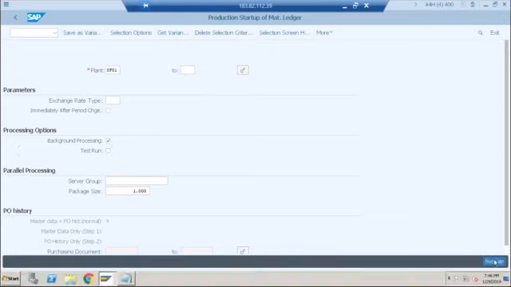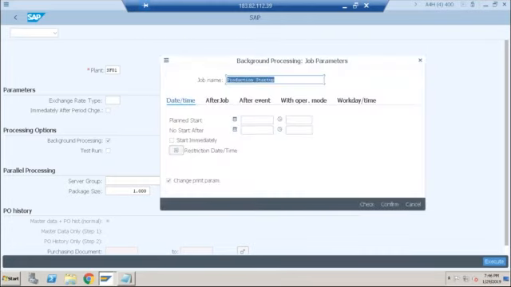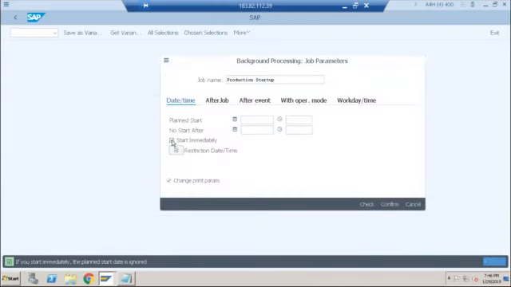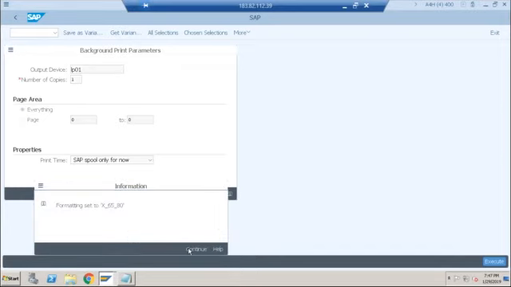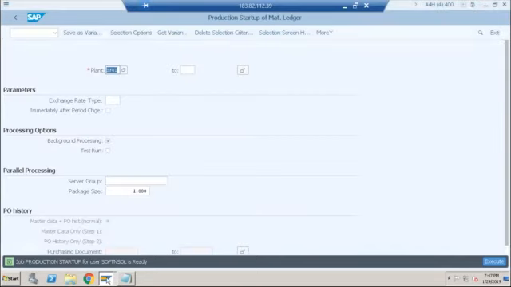Just click on execute. Why is it in background mode? Because as I told you, it will take hours, so it should not happen that your session gets expired. Confirm. Provide the output device. Just click on continue and this will be done. It will just take seconds. So we don't even need to go to the job and see whether it is completed or not.